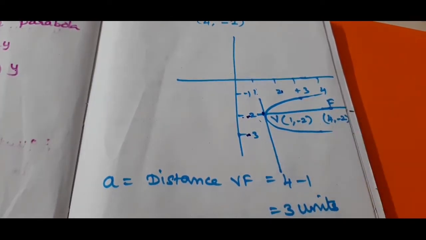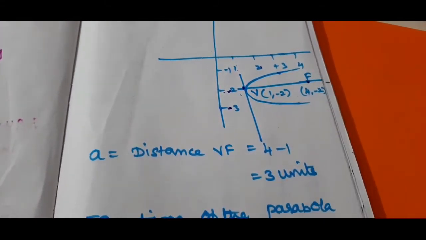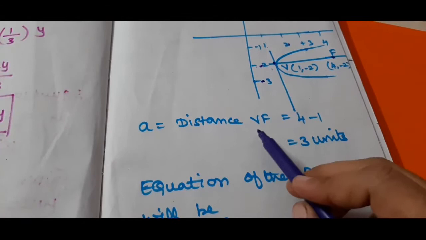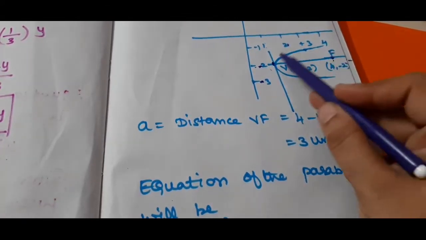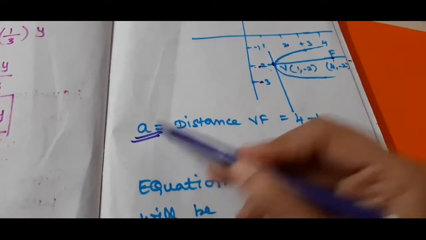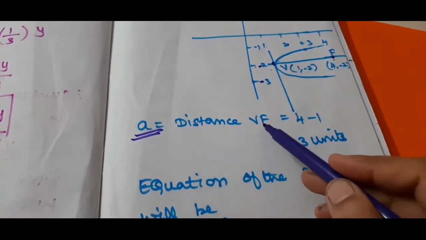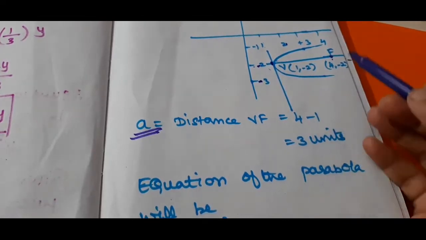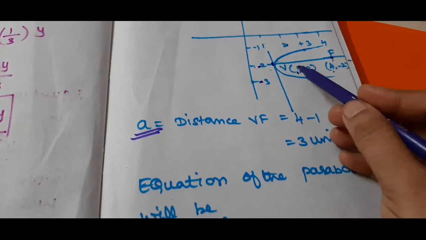Focus is (4, -2). So a is nothing but the distance between the vertex and focus. So the distance VF is this x coordinate minus this x coordinate, that is 4 - 1,